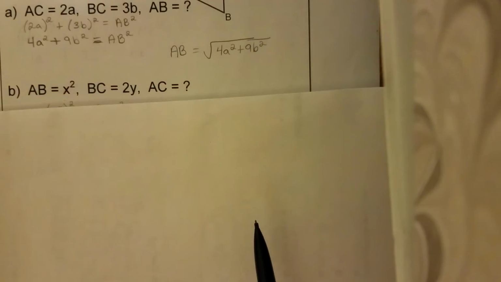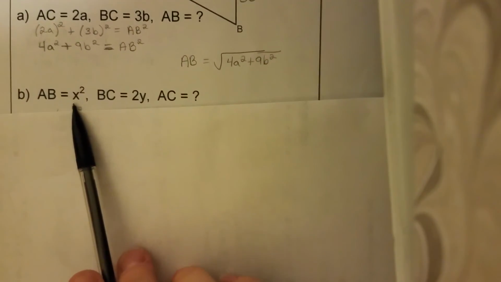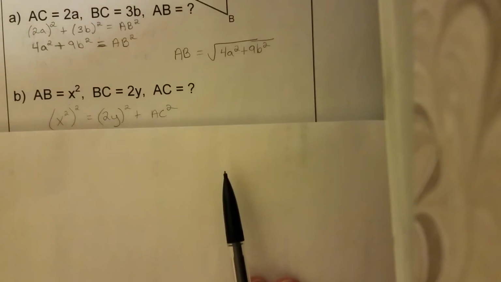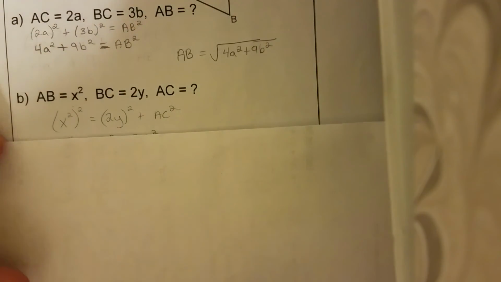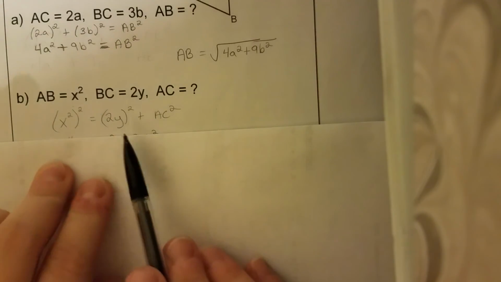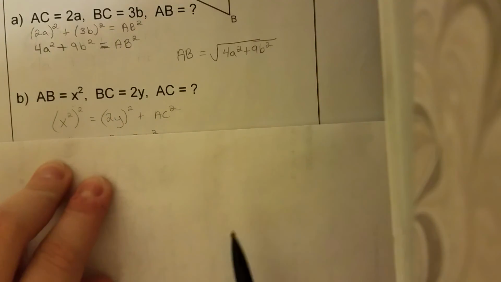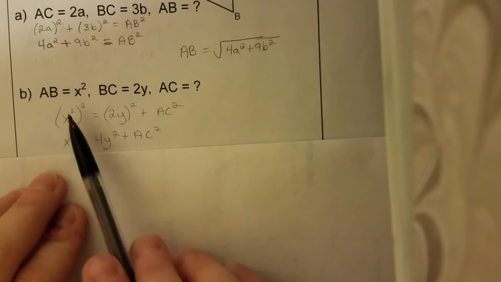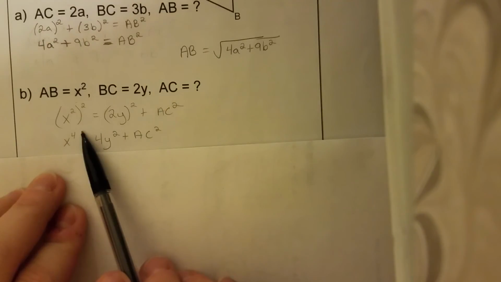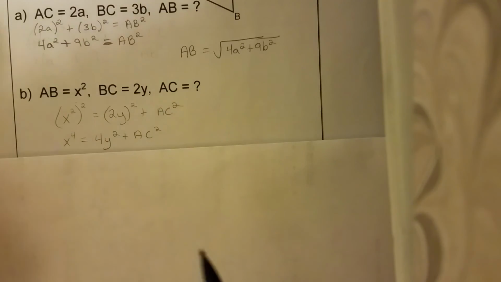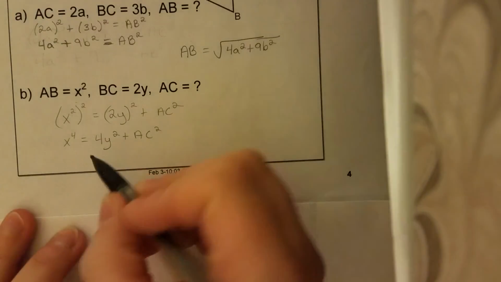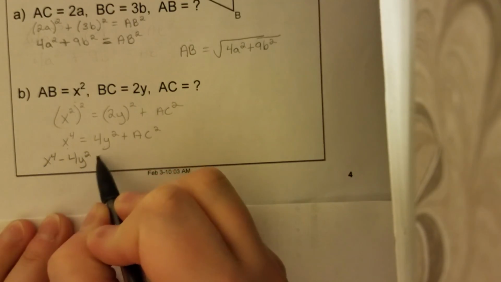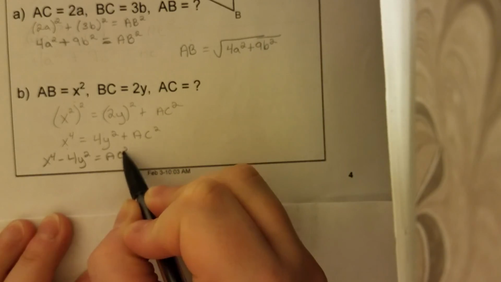Okay, so in this one, this is actually my hypotenuse, and then BC and AC are the legs. So I said, here's my hypotenuse squared equals (2y) squared plus AC squared. So in this one, okay, you multiply exponents, so I have x to the 4th and then 4y squared, and then I would need to subtract the 4y squared, so x to the 4th minus 4y squared, and then square